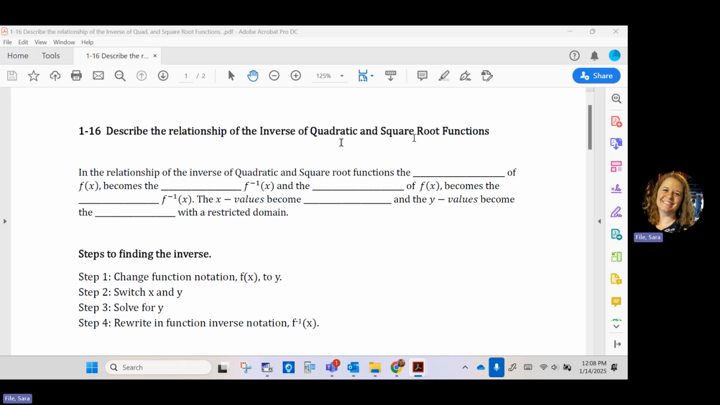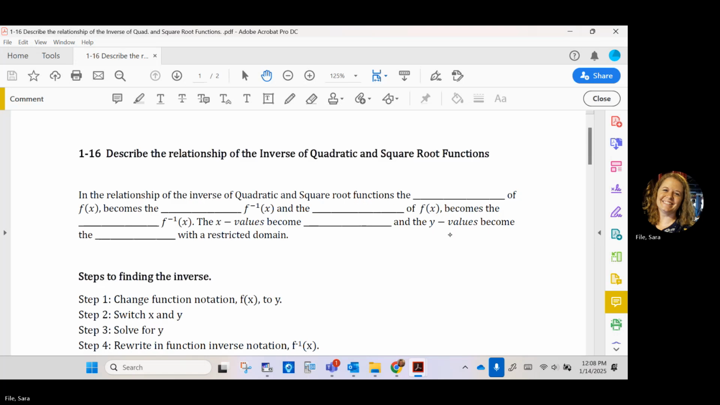So in the relationship of the inverse of quadratic, I'm going to remind y'all, quadratic, that's when we have x squared. So whatever equation has the x squared, and the square root functions, that's the one that has x under the square root symbol. So in the relationship of inverses between those, the domain